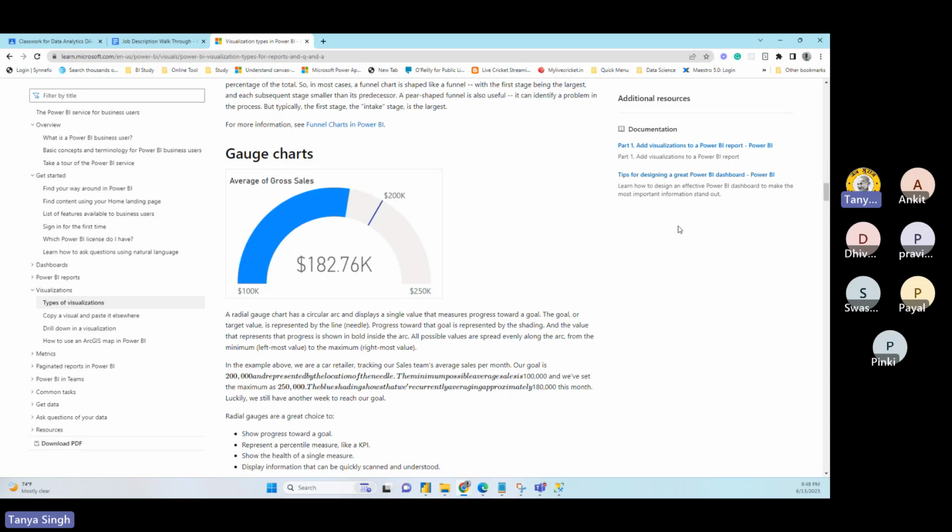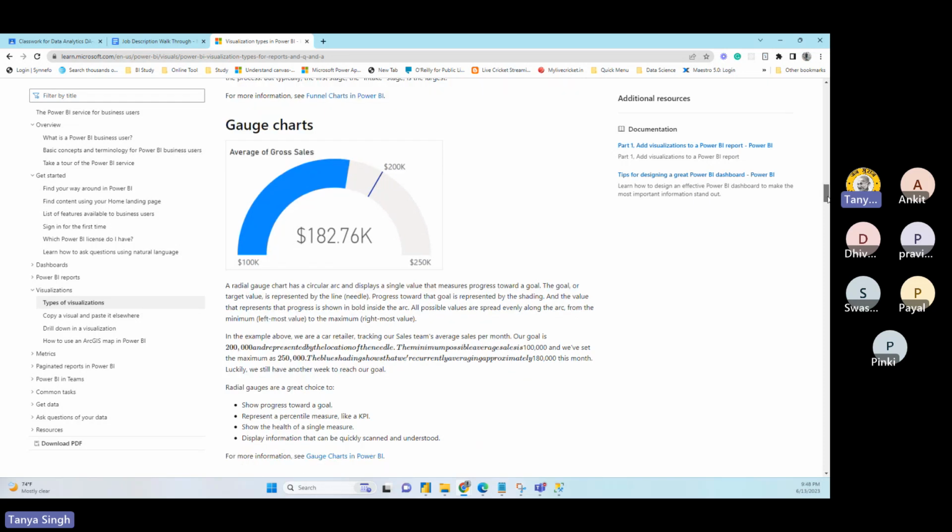And this is also very common that you can build depending on that, right? So the other thing is given there. You can read for further understanding. The basic thing is that you have actual numbers. This is your projected number, and then you are comparing both. How good you are doing, right?